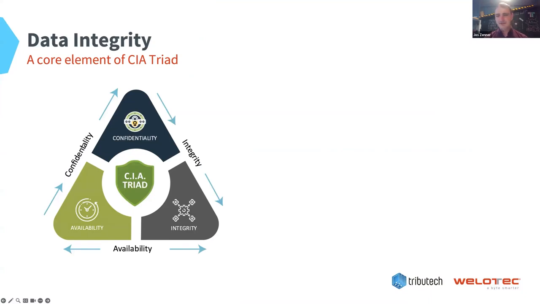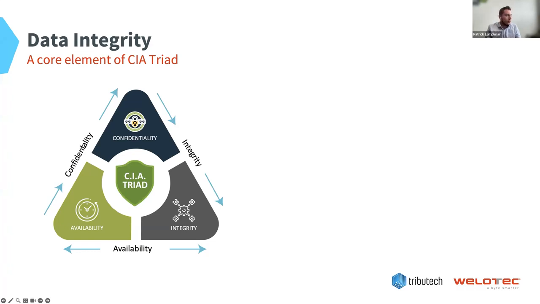If you have different types of data, different parts of this CIA Triad are most important. And one crucial thing, especially in OT systems, is integrity, I guess, Patrick. Is that correct? Yeah, I would say so. Yeah, thanks. I would like to talk a bit more about especially data integrity and also give you an idea